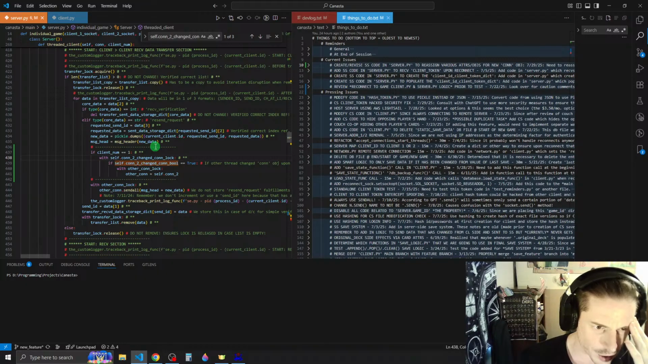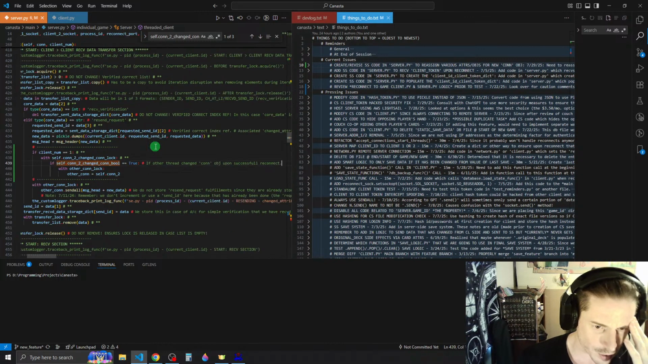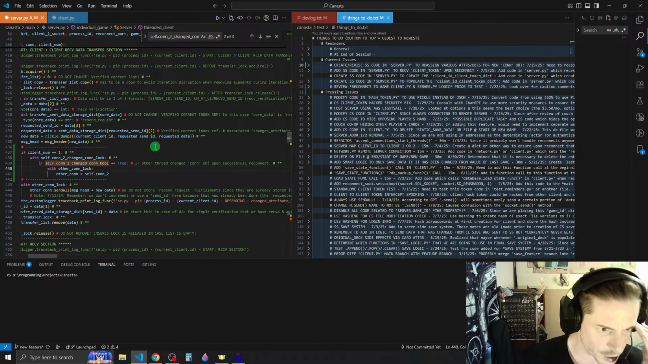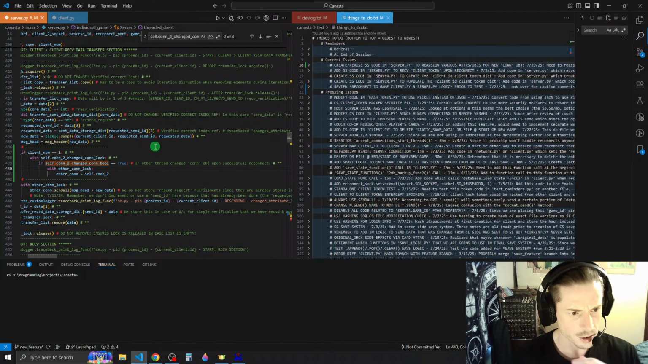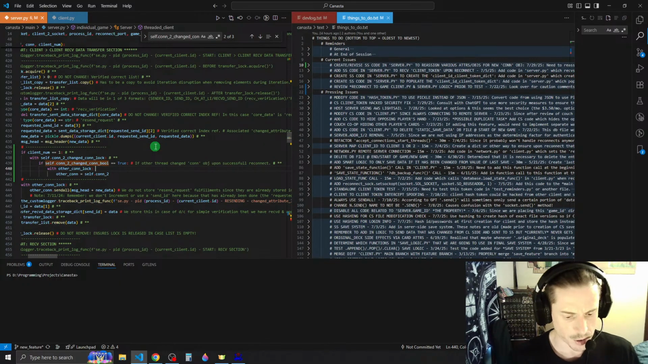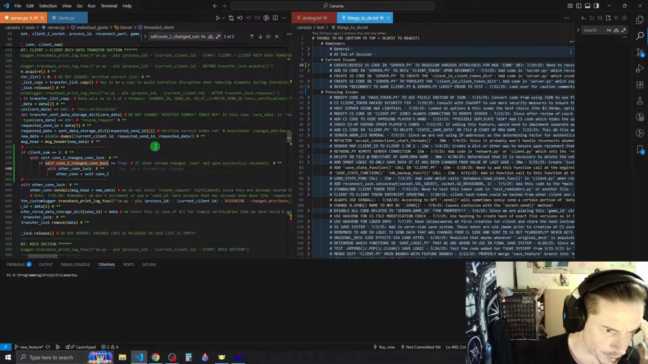We would then check to see if self.con2_change_con_bool is equal to true, which means the other thread changed the con object upon successful reconnect. And then with the other_con_lock, because we're handling other_con at this point, and that is a shared object, which technically the shared object would be con2, not other_con, but nonetheless we would still use the other_con_lock, and we would say other_con equals self.con2,